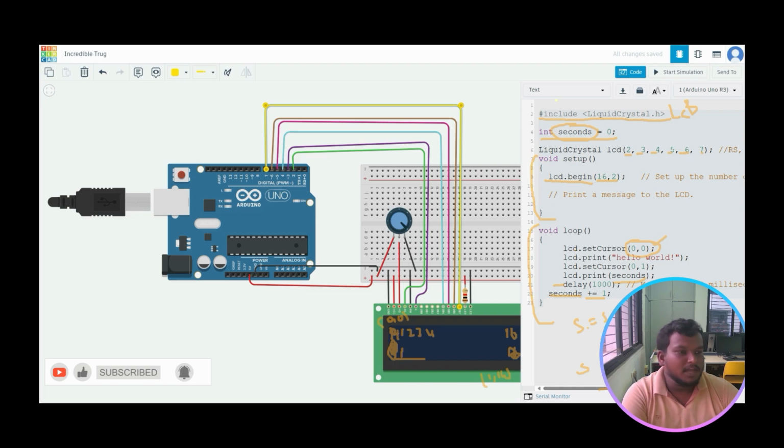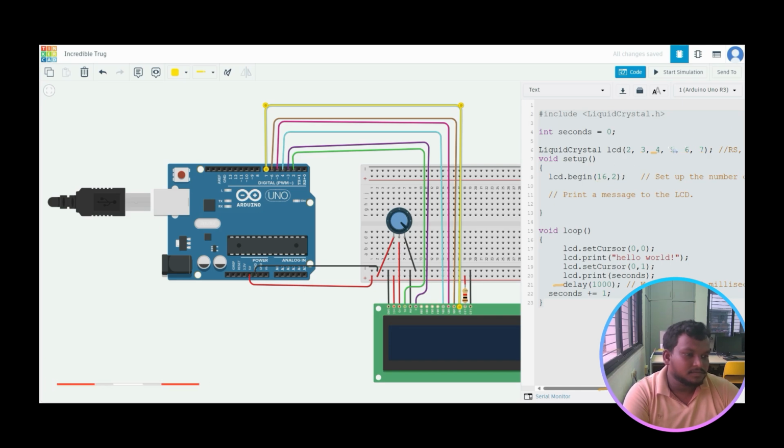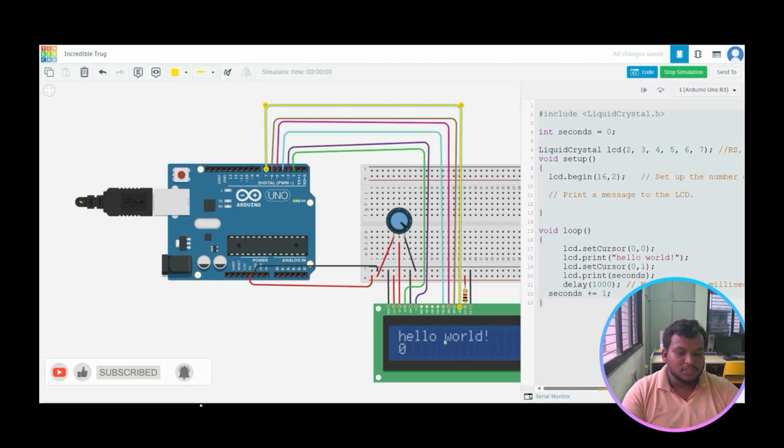Run. Okay, we'll see. I'm going to run the code. Just wait a minute, I'm erasing all things. Run the code. So next, start simulation. Hello world 0, 1, 2, 3, 4, 5, like that it runs continuously until the power is cut